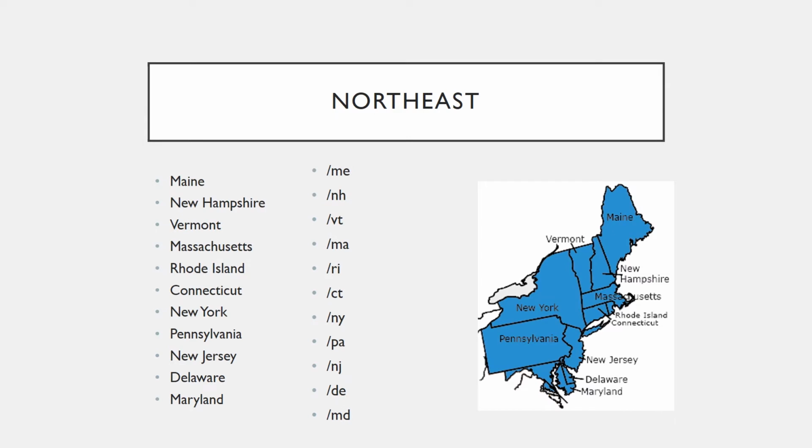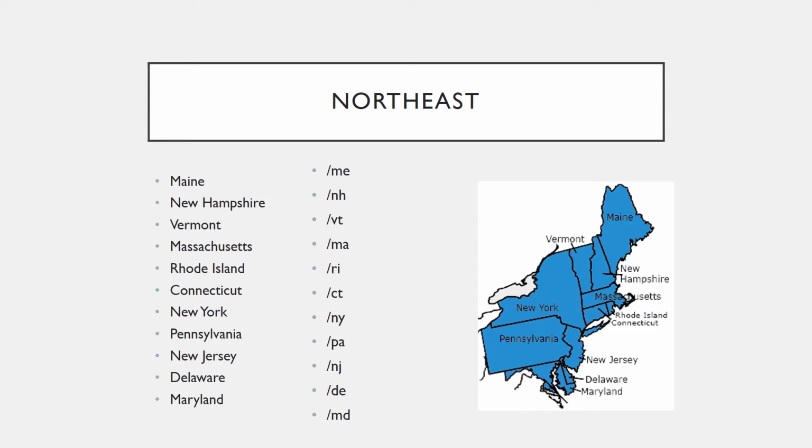Let's travel first to the Northeast. The state abbreviations primarily use a / system. This means you place a / in front of the abbreviation, and in most cases, it will expand the state name. There are some exceptions to this, and I will cover them momentarily.